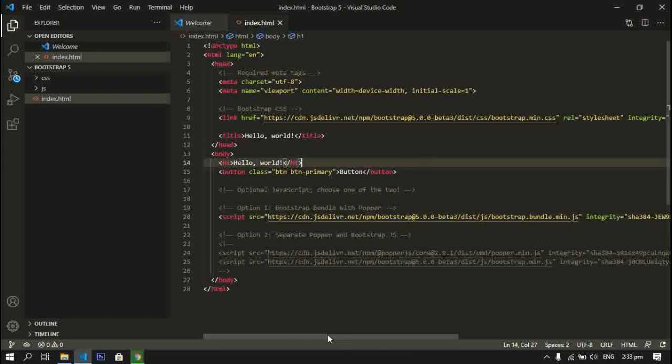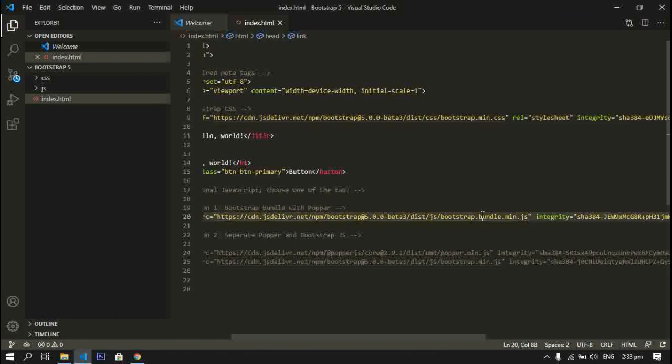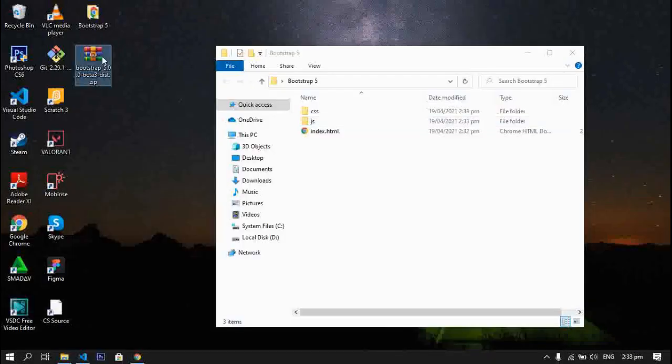After downloading the Bootstrap file, all we have to do is locate these two files, the CSS file and the JavaScript file. So let's try to extract this,